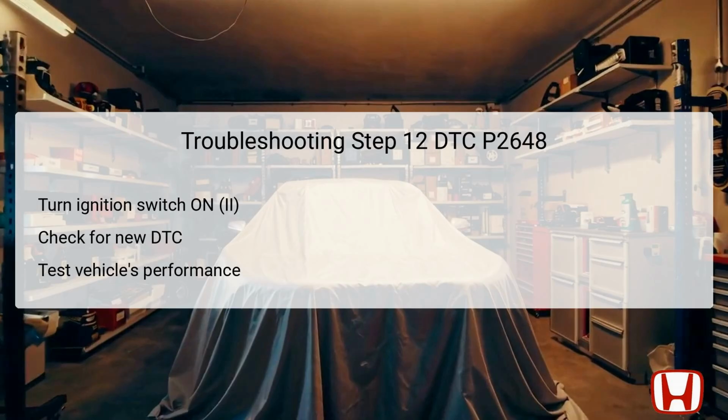Following this, performing a road test or driving the vehicle under various conditions allows the technician to assess the overall performance of the engine under its original operating conditions, verifying that the performance now aligns with manufacturer specifications, which indicates successful troubleshooting and repair of the issue associated with the